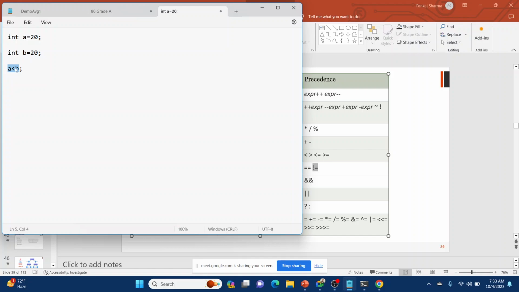So if you write a is less than or equal to b, then it is true. Or if we write a is greater than or equal to b, then it is true. And if we check a is equal to b, then it will return true. So these are the conditions that we are going to use in the if else statement.